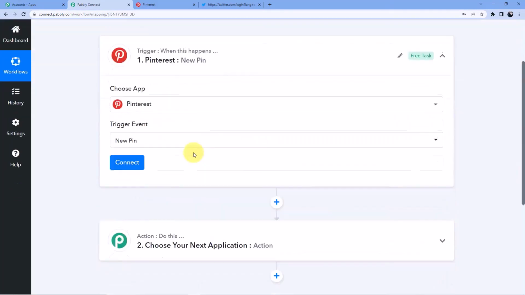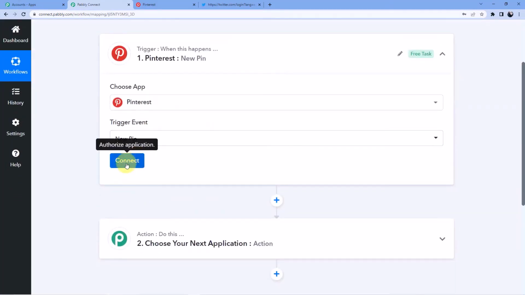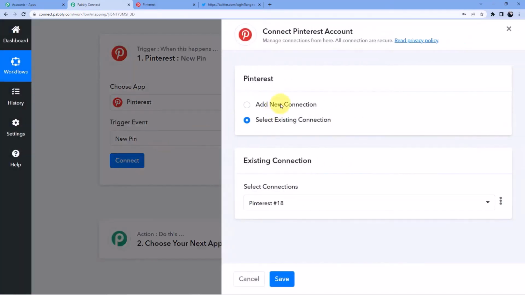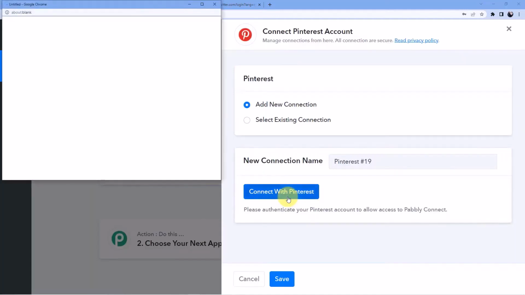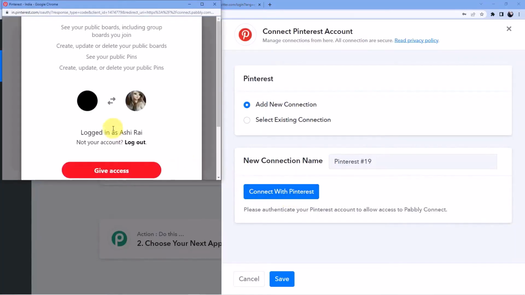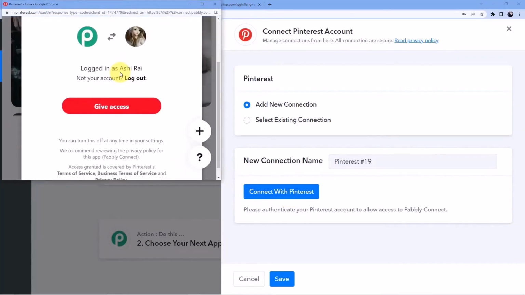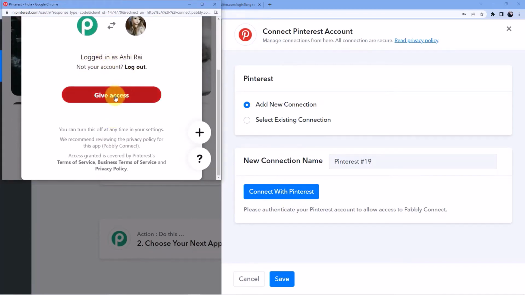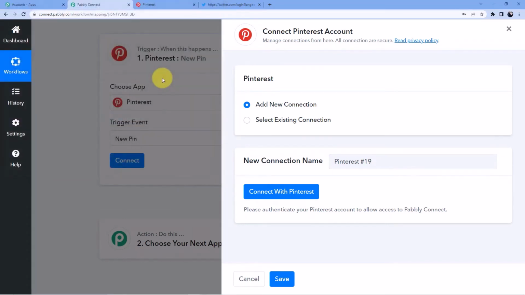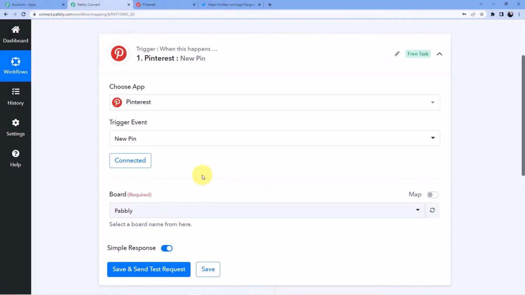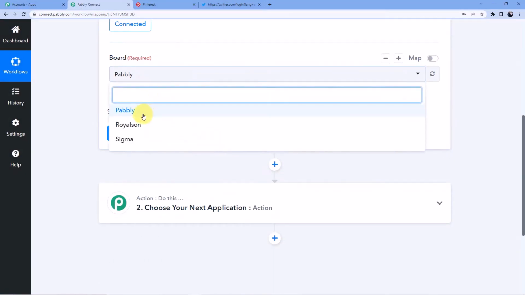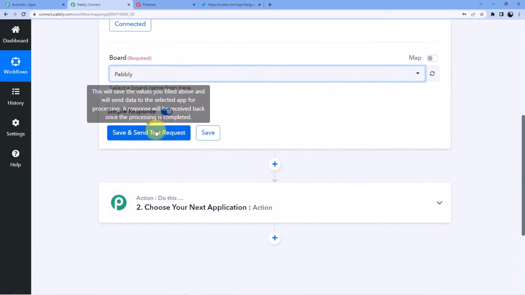and then it will ask you to connect your Pinterest account. So just click on connect. Go to add new connection, click on connect with Pinterest. And here you have to connect your Pinterest account. So this is my Pinterest account and I'm going to connect this. You have to give access to Pabbly Connect for doing this, and Pabbly Connect does not take any chances with your data. Your data is absolutely safe with Pabbly Connect, okay? Now you can see here I have a board Pabbly, and now as soon as I click on save